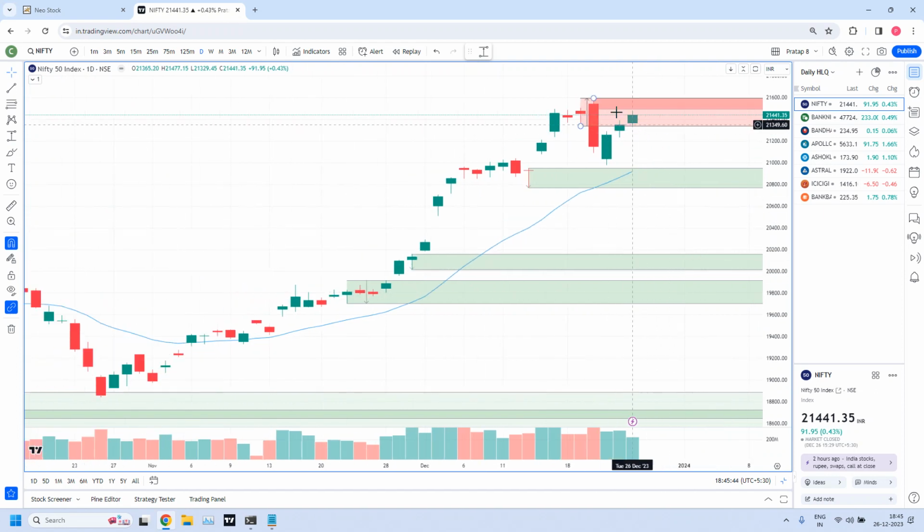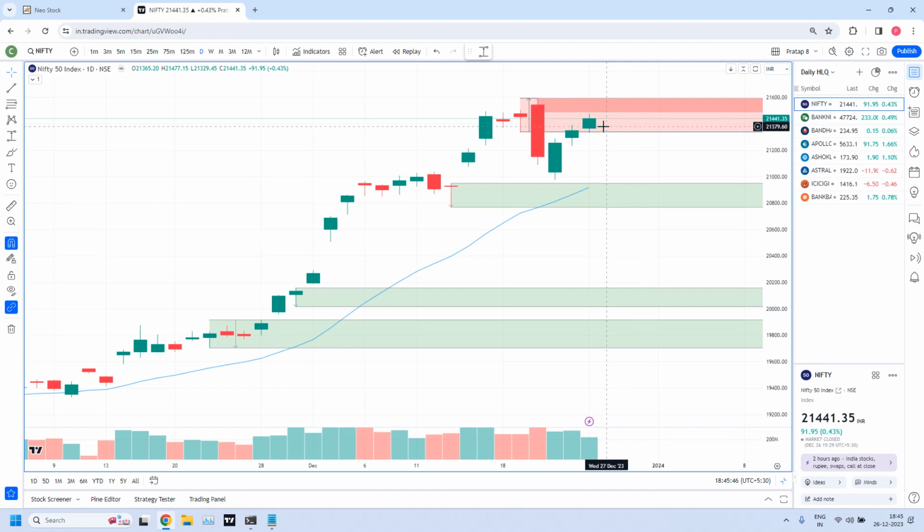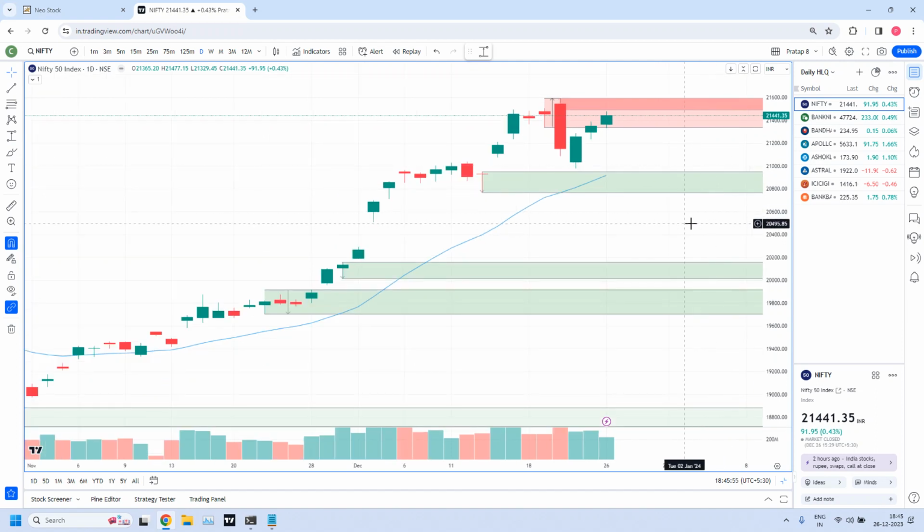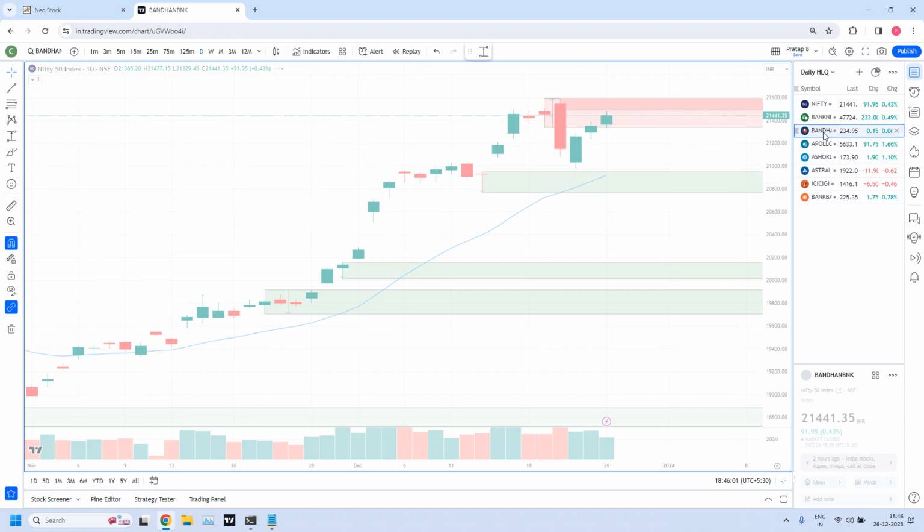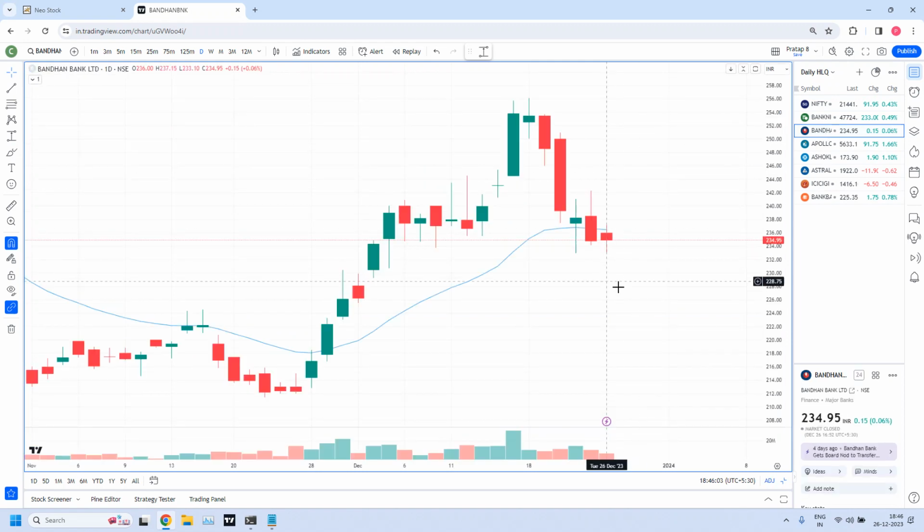So Nifty is still inside the daily supply zone. Okay, let's get into the high liquidity zones generated in our last video. On Friday, we identified 6 high liquidity zones. The first one is a daily high liquidity zone,